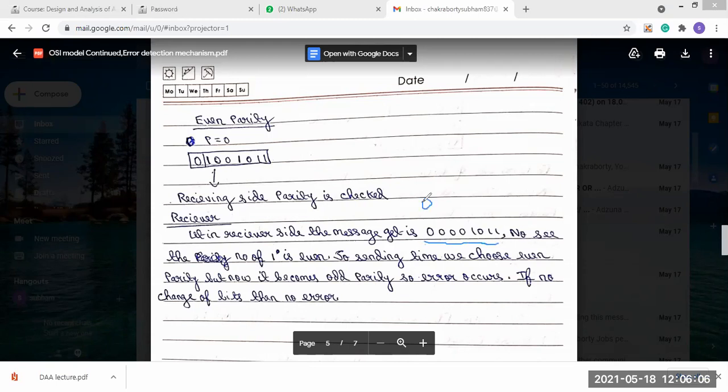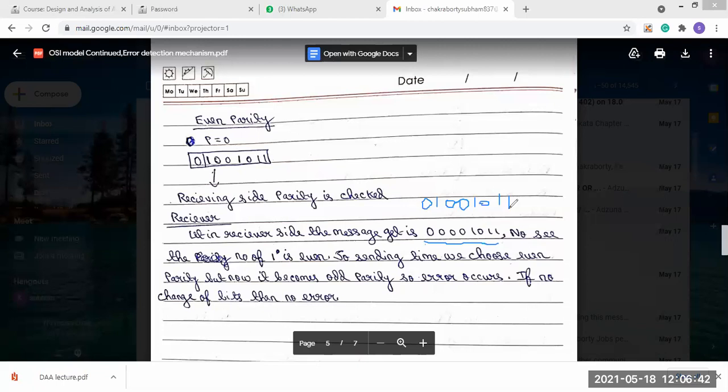Our actual message is 01001011, but the receiver gets 0001011. Then how can the receiver know that an error has occurred?